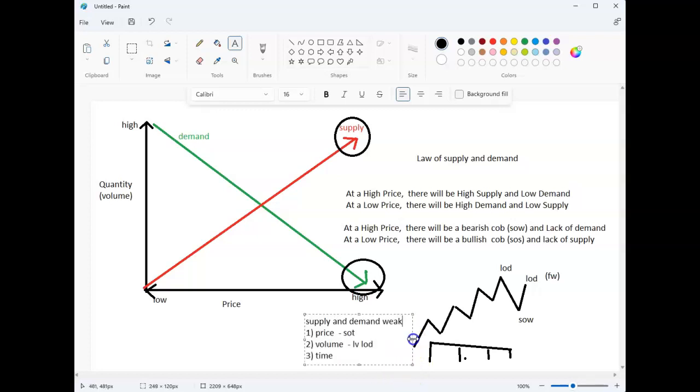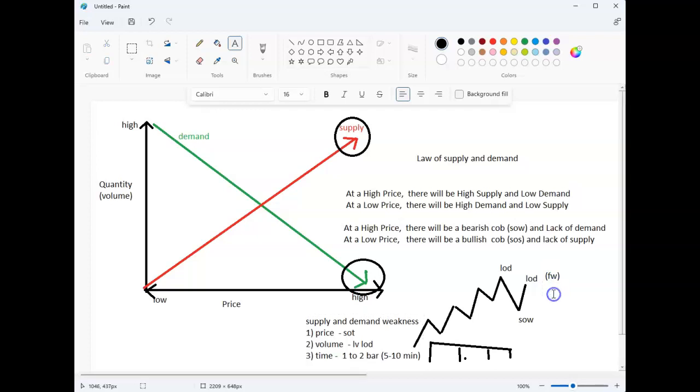So this supply and demand weakness will present itself as a shortening of the thrust or a low volume lack of demand wave, a small volume like I showed right here, the small wave volume right here. From a time perspective, that usually happens also right here. It will be like maybe 1 to 2 bars. It's going to be a very small wave, 1 to 2 bars. So if it's a 5-minute chart, it's typically a 5 to 10 minute wave. That's how the weakness will present itself.